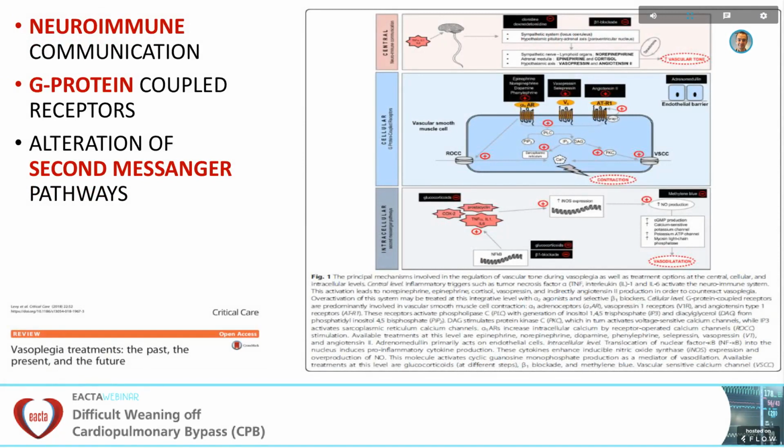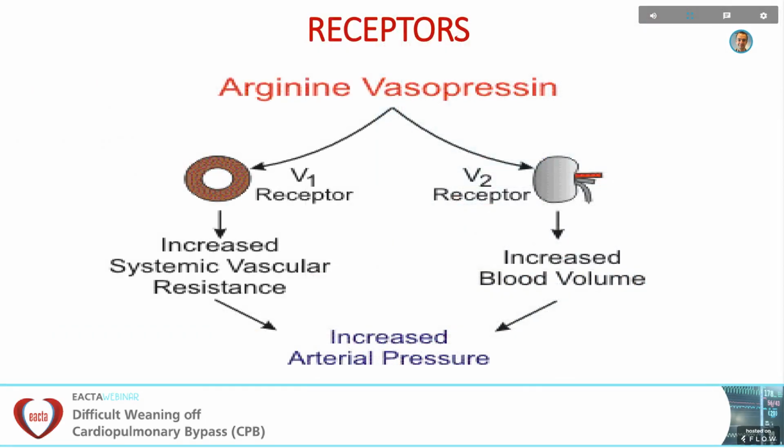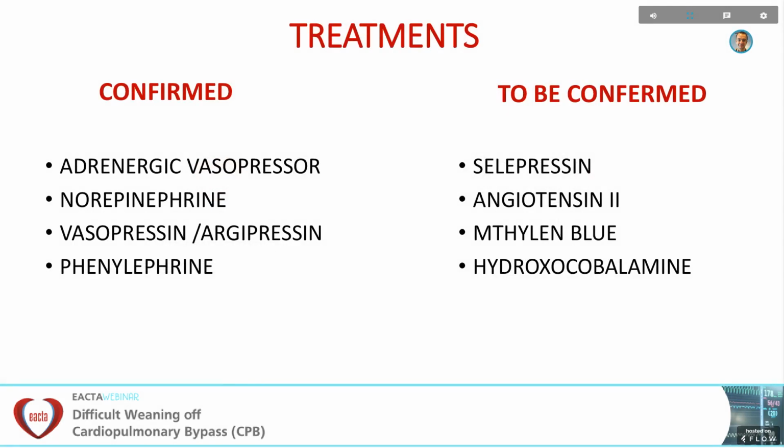To better understand the therapies, we need to remember for a second what the main receptors involved in vasoplegia are. They are the V1 and V2 receptors, and their agonism increases systemic vascular resistance and blood volume, with the result of increased arterial pressure. The treatments that we have today are adrenergic vasopressors, norepinephrine,